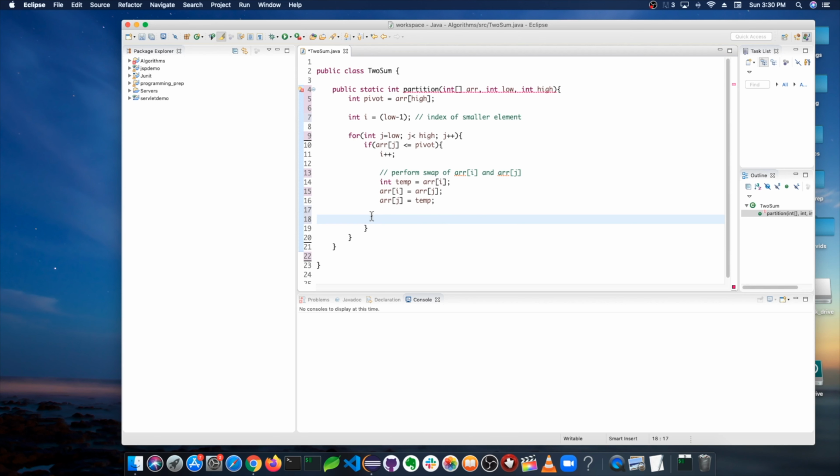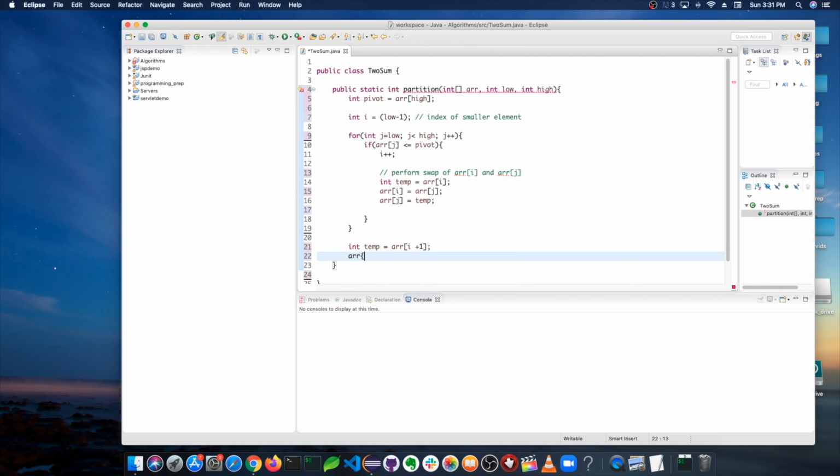So then after that's performed, right? Let's say we go through all this and all that swapping is done and comparing is done. What we want to do is swap array i plus 1 and array high to put the pivot in its actual sorted position. And once it breaks out of this for loop here, basically we want to do that work just to set the pivot in its proper position, right? So we're going to perform pretty much the same thing, a swap, but with different elements. So it's going to be array i plus 1